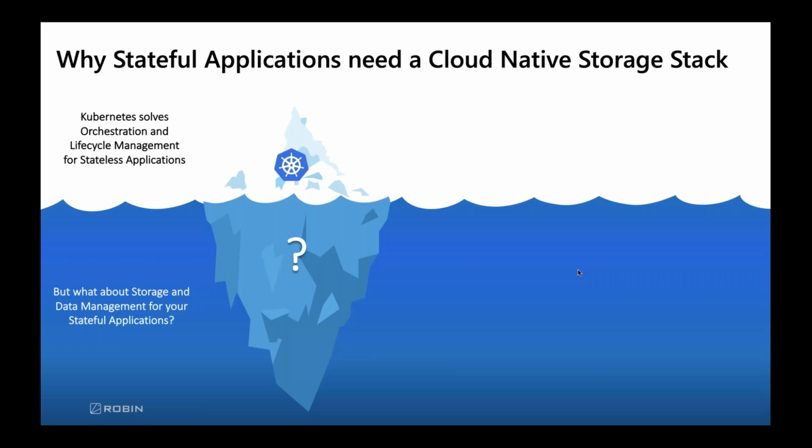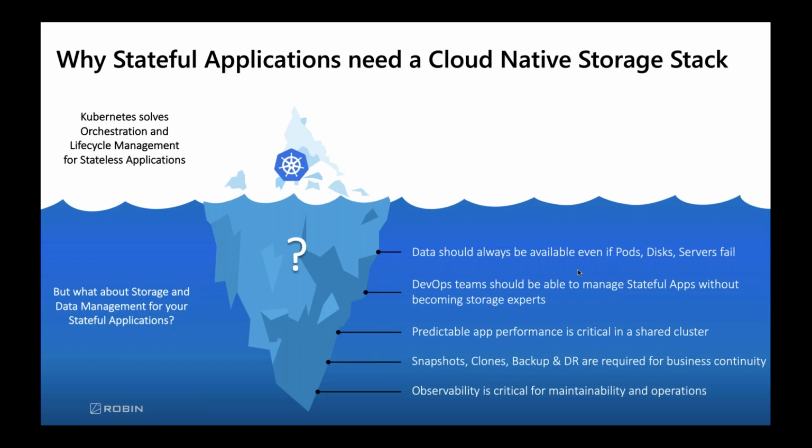As I said, Kubernetes is very beautifully built when you are talking about stateless applications, where you need scaling, self-healing, upgrades, patching, and so on. But when it comes to stateful applications, there are still problems that need to be solved. As we said, data should always be available, no matter if a pod fails, a disk fails, or the server fails. The next point is that with the changing